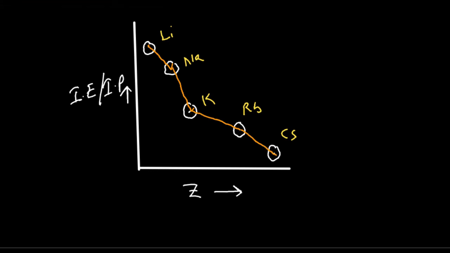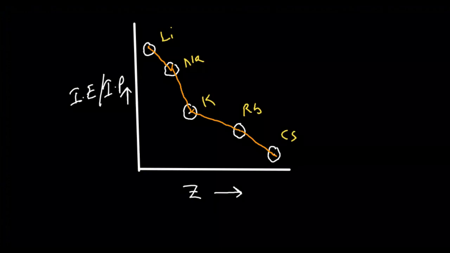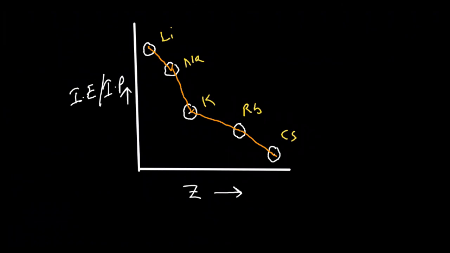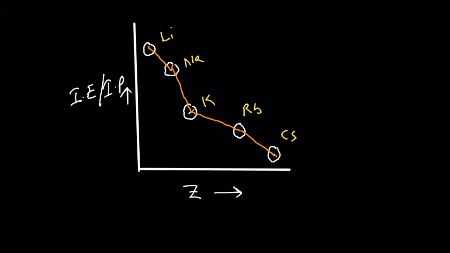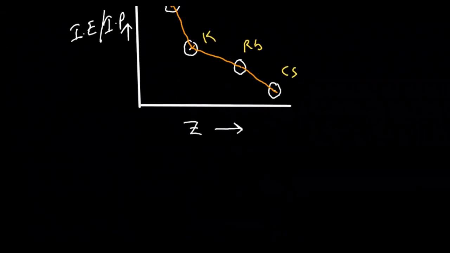So you can see that there is a regular decrease in the ionization energy as we move down the group. So this is how the trend in the ionization energy looks when you go down the group. The simple reason is the principal quantum number increases. The distance between the nucleus and the outermost shell electron is increasing. Hence, it is very easy to remove an electron from the outermost shell. That means the energy required to remove an electron is very less. That is why the ionization energy or the ionization potential decreases down the group.